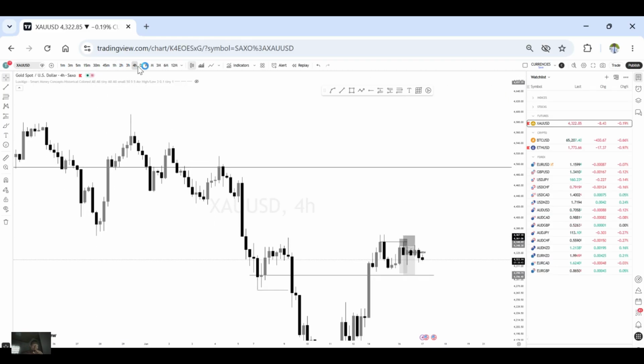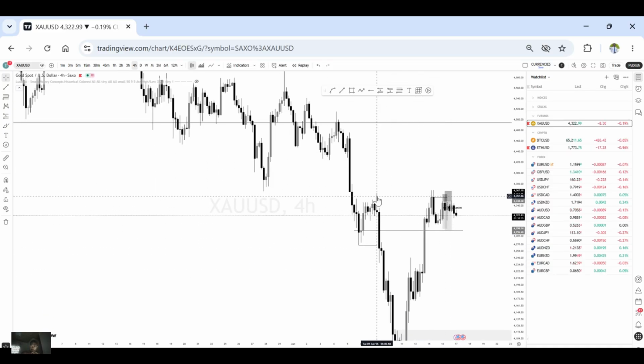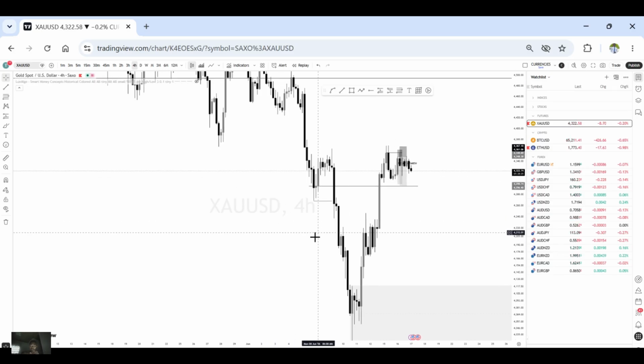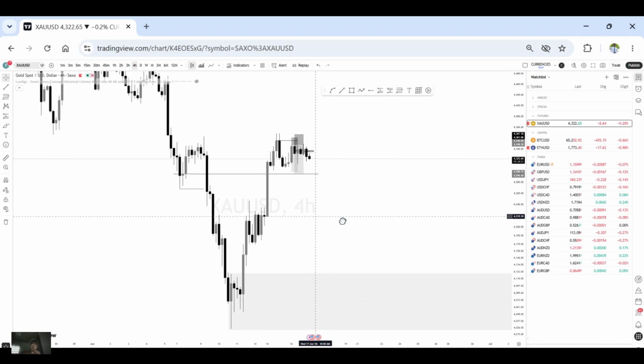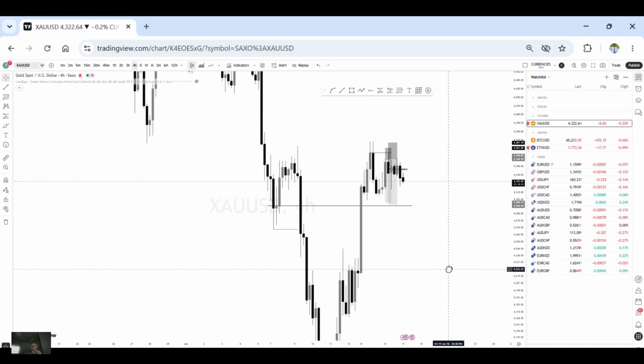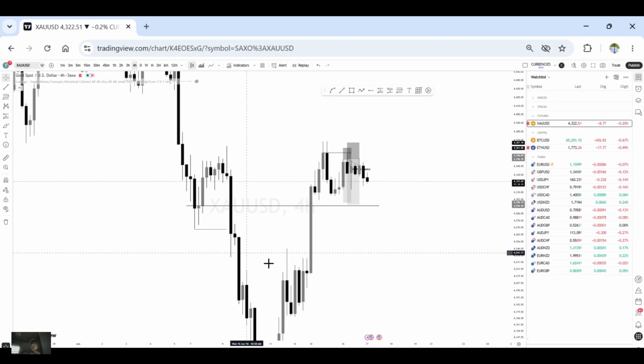Okay. What was happening here is I took this trade based on two things. I took this trade at this particular zone based on two things. You know, you can see